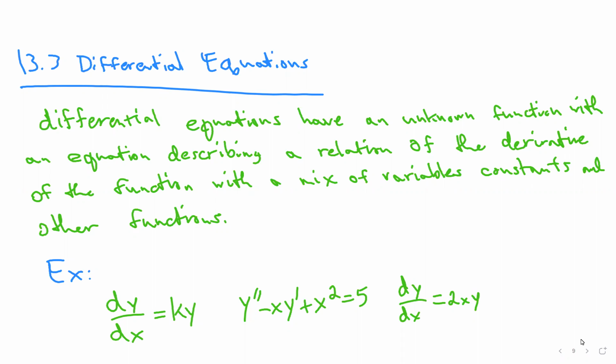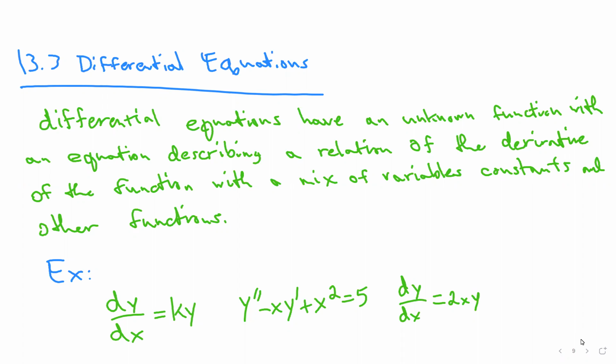And I'm just going to speak a little bit about what differential equations are at the beginning of this, just so that way I can have you guys all on the same page in case you missed what I was saying in class. But it's basically a relation between the derivative of a function and any potential variables, constants, or maybe even the function itself, which would describe what the function is, rather than having the function explicitly given to you. And so some of these equations that you see down below, such as dy over dx equals ky,